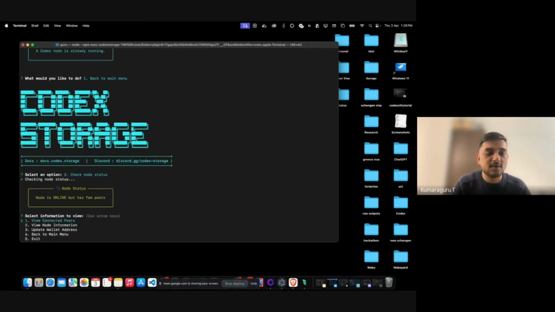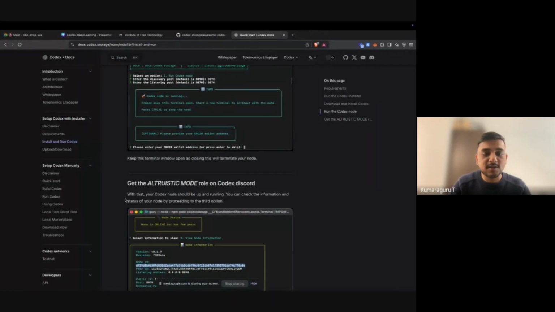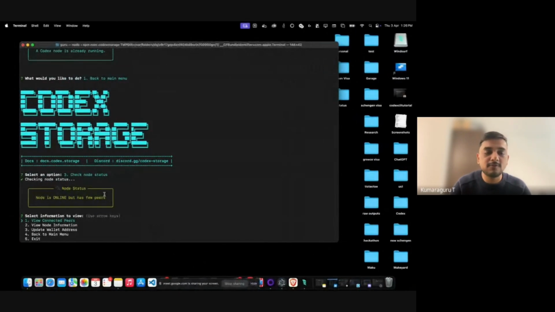And yeah, ideally you should be seeing something like this. Node is online, but has few peers, or node is online with many peers. But if you have a message saying node is offline, you'll have to drop a message on Discord, and we'll help you troubleshoot the whole process. And yeah, now that we have the node online, we can go ahead and view the node